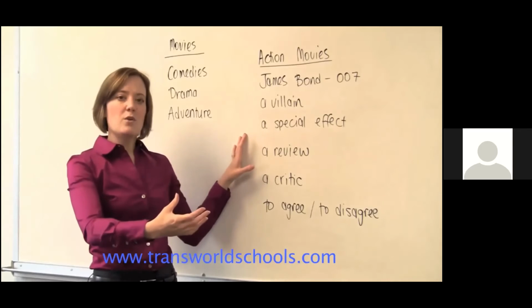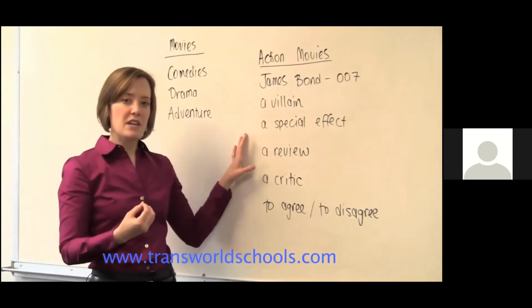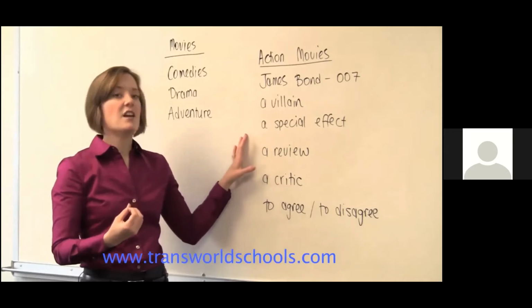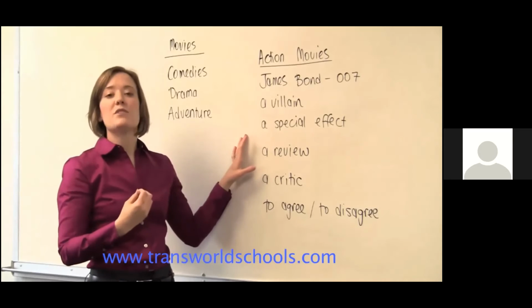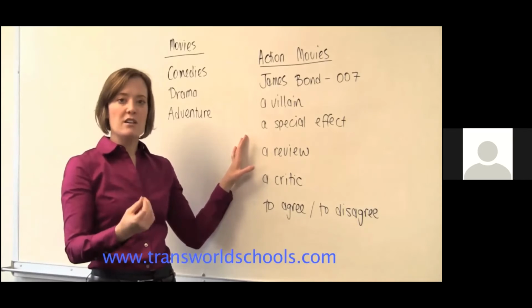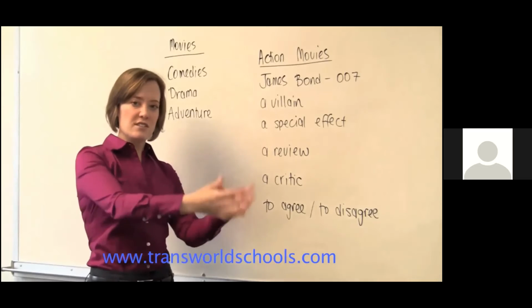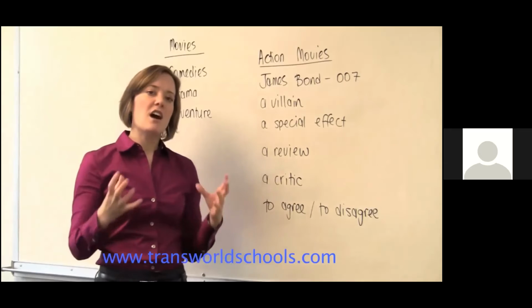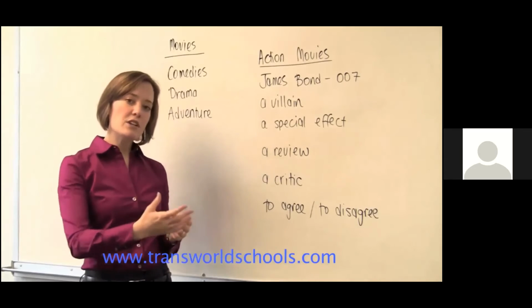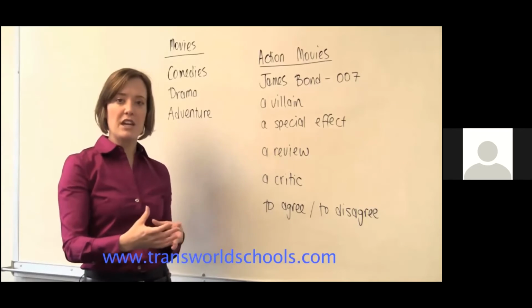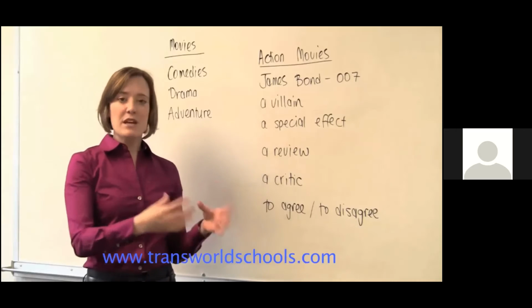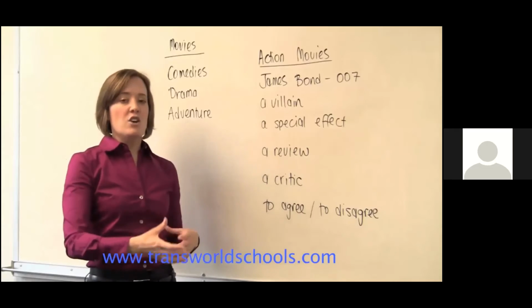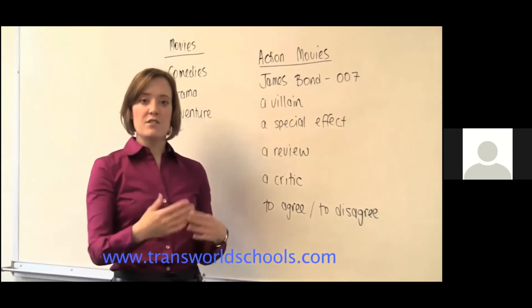Following up again with a question like, can you tell me another example of a villain? That's where when a student says something like, the Joker, I know that that student has understood what villain means. So eliciting and concept checking are important because if you don't introduce key vocabulary at the beginning of a lesson and make sure that students understand it, you're really not setting them up for success for the rest of the lesson.